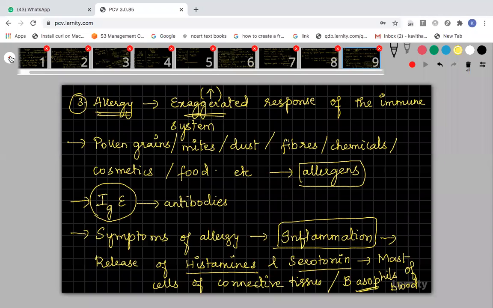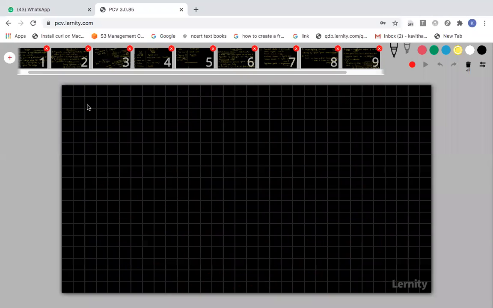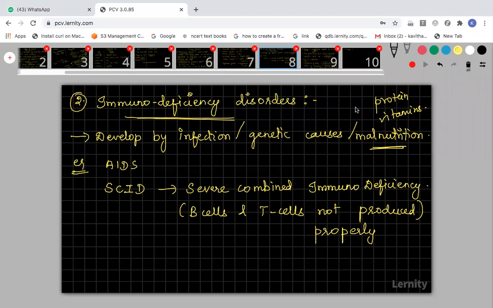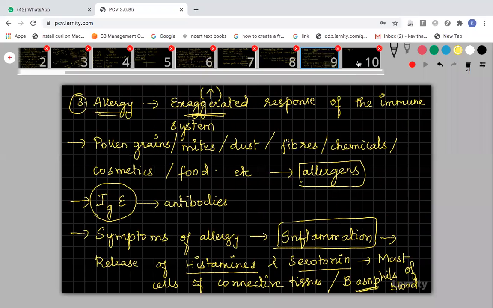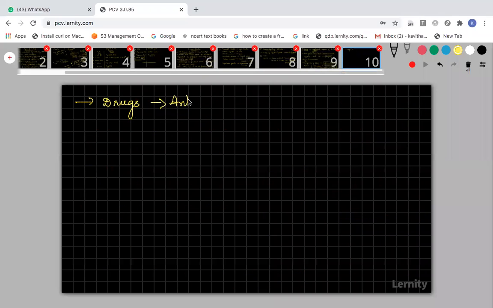Usually if a person is having allergy and you take them to the hospital, immediately they will give some drugs. If they inject those drugs, the inflammation will come to the normal condition. You know what the drugs are? You know histamine is responsible for causing inflammation, so what drug can be given? Antihistamines can be given. If you give this antihistamine drug, it will suppress the inflammation. It will reduce the release of histamines and the inflammation will be reduced.